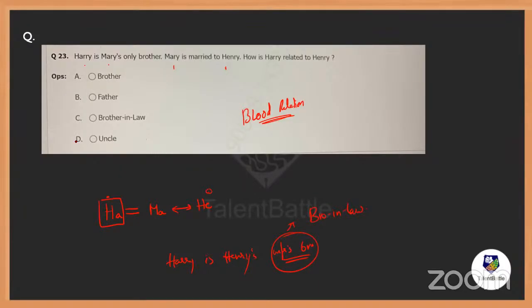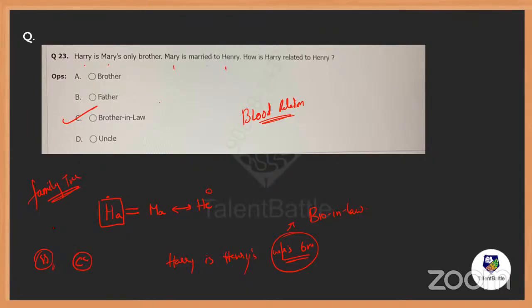Is that clear, everybody? Option C. Yes or no? Understood the point here? Yeah, that is nice. That simple it is, everybody. So nothing much to worry about here. You just need to identify the relations and draw the family tree basically. So if you are good with the family tree, anything is simple. Got it? That's good. Do take a quick screenshot if you want. We'll move on to the next one.